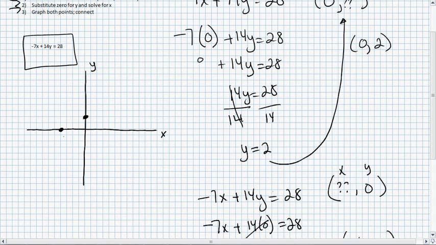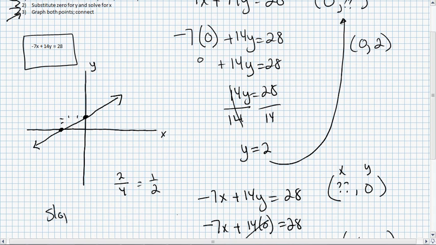Now I have 2 points. The only thing left to do is step 3. Graph the points and connect them. If for some reason I needed to know what the slope was, well, that would be very easy to do from this graph. I could simply count the rise, up 2. And count the run, 1, 2, 3, 4, over 4, and I would reduce that and figure out that the